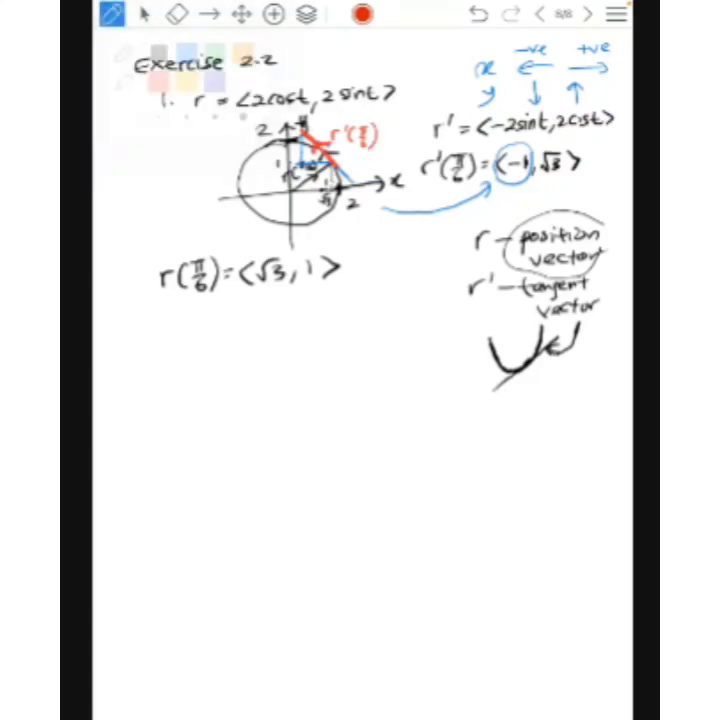Doctor, may I ask how the mark is given for this type of question? The marks, okay, basically when you find the R prime, it's 1 mark, and then the R prime pi over 6 is another mark, and then the sketching, depends. Sketching at most 3 marks, at most, so it can be 2 or 3,